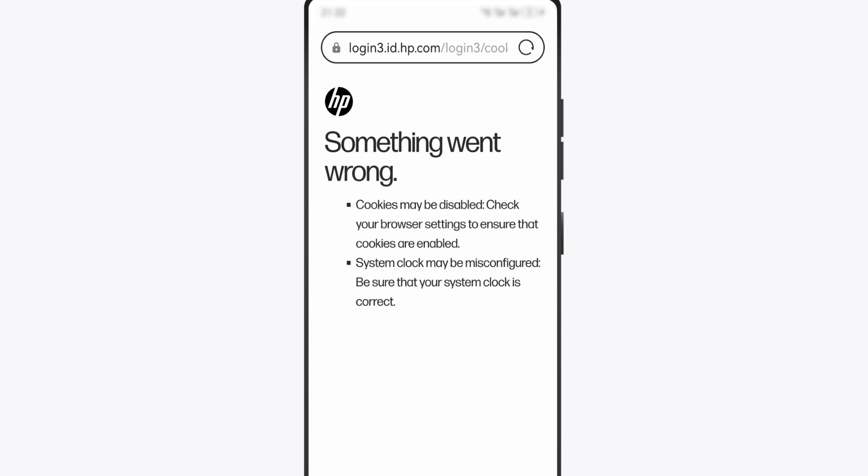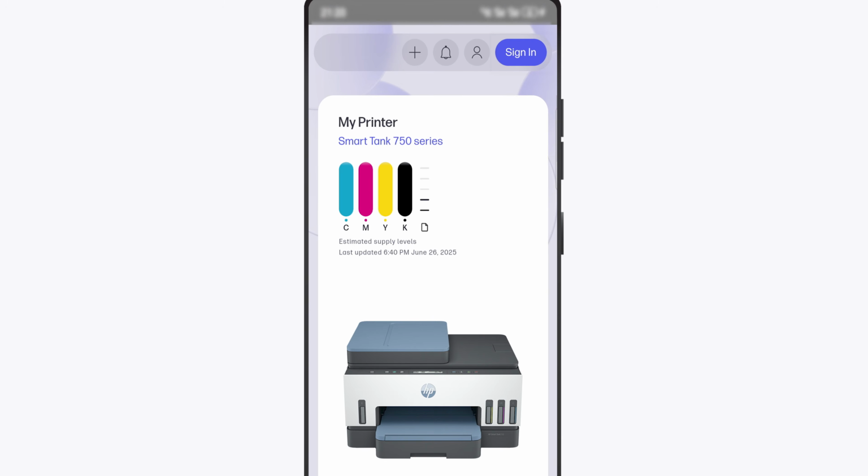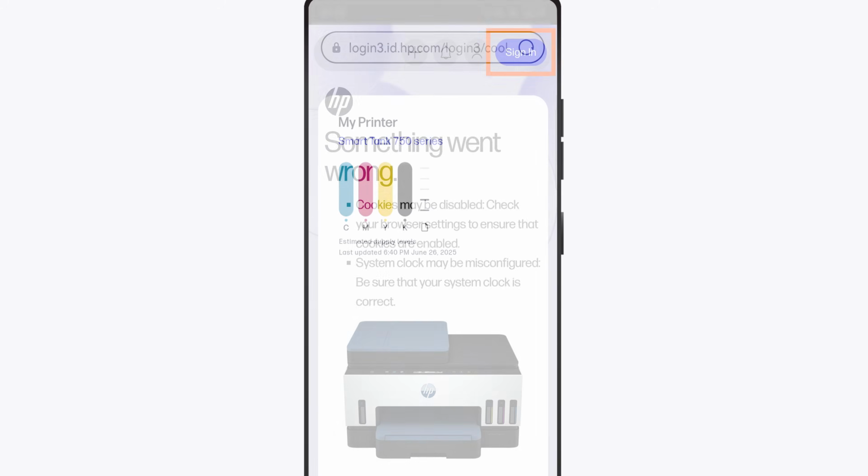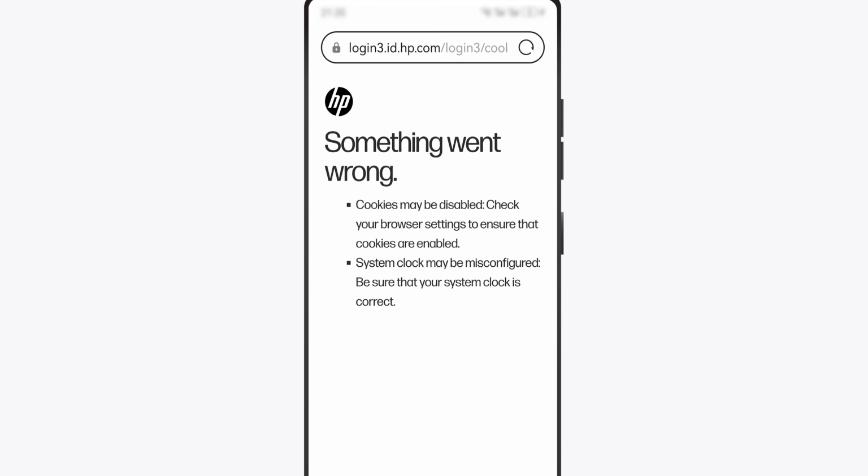If you get a "something went wrong" or "account already exists" message after creating an account, close and then reopen the app. Select Sign In, and then enter your credentials. If you still receive a message or were not able to sign into or create an account at all, continue with these steps.